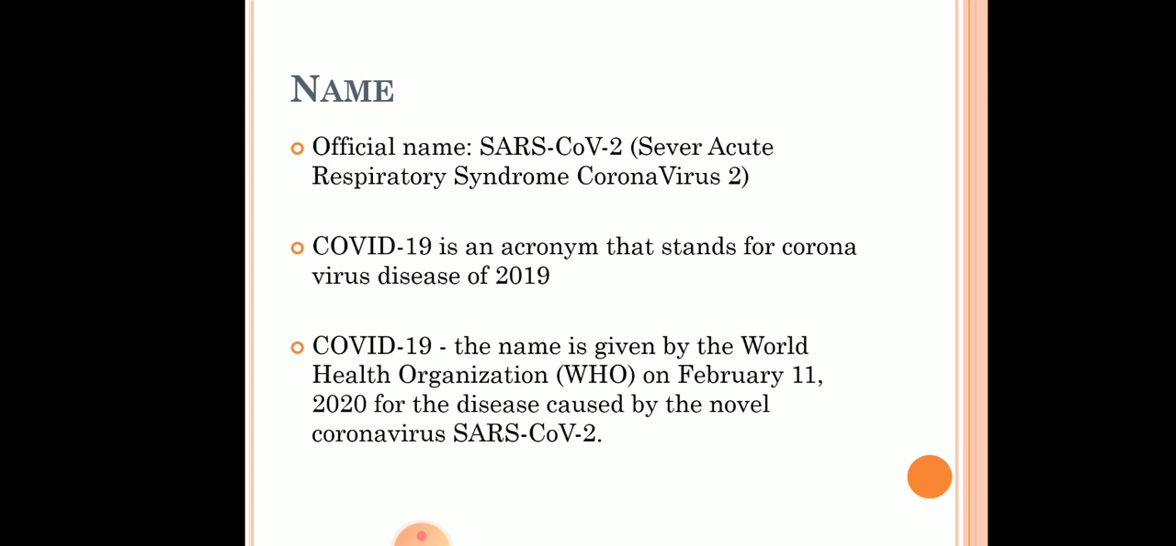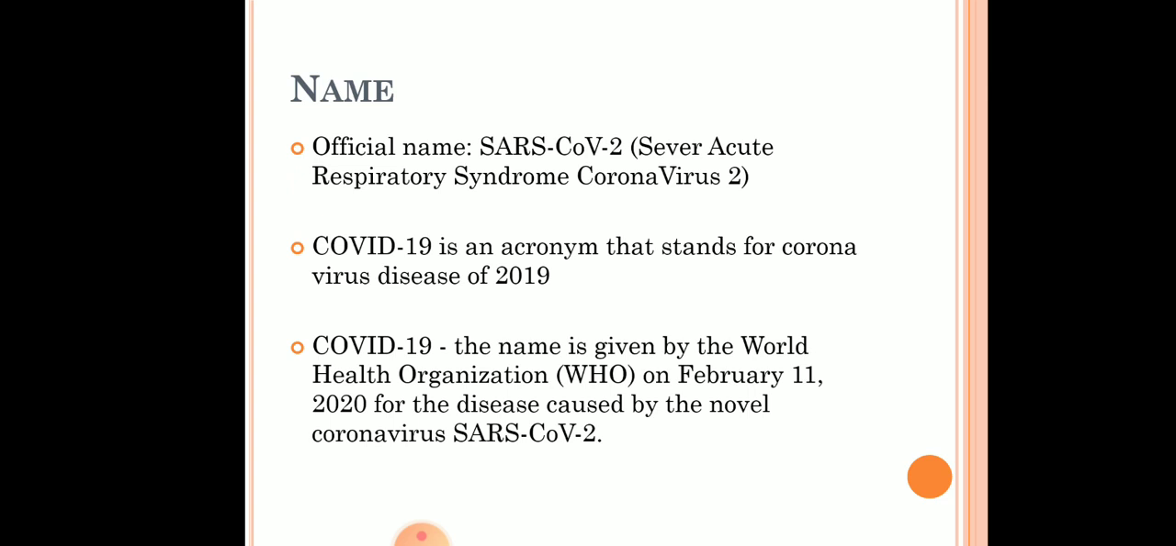And what is COVID-19? It is actually an acronym. Acronym means a short form which stands for Coronavirus Disease of 2019. CO stands for Corona, VI stands for virus, and D stands for disease. 19 stands for 2019. So, COVID 19 is coronavirus disease of 2019. And who has given this particular name? It was actually given by the World Health Organization, WHO, on February 11th, 2020 for the disease caused by the novel